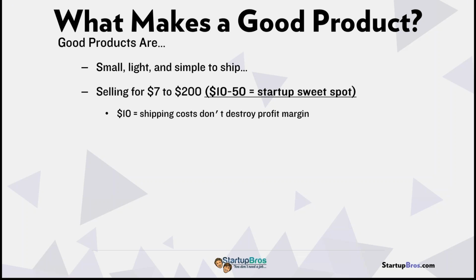And the reason for that is, on the low end at $10, your shipping costs aren't going to destroy your profit margin, right? I had a client email me the other day and said, hey, I got these sunglasses. I can buy them for $1 a piece and sell them for $4.50 a piece. That's awesome, right? And I said, listen, I could send you 1 million pairs of these sunglasses for free, and every single time you sold one for $4.50 a piece, you would lose money, right? Because just shipping out a pair of sunglasses is going to cost $4 or $5 alone. So, make sure your product's selling for at least $10 because then the cost of shipping isn't going to destroy